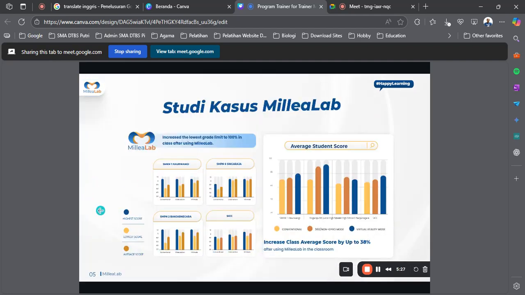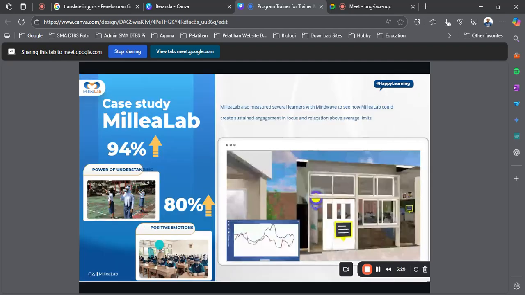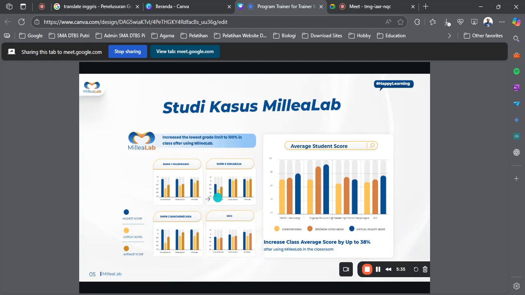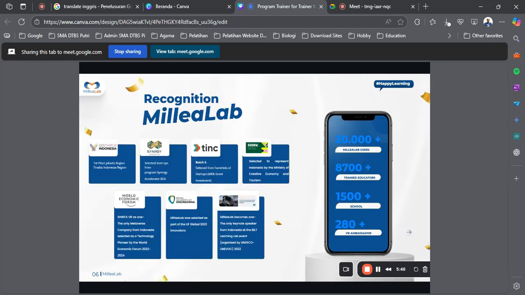Now, this is what we do in Indonesia using Melia Lab Creator. It's very useful, and you can see the average score when they use Melia Lab virtual reality. Their score is much higher than just reading a textbook or just using a video with no interaction at all.